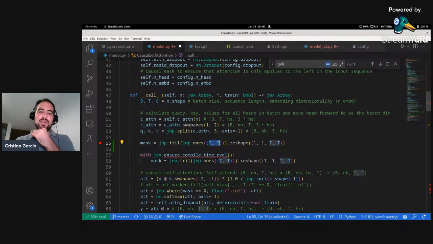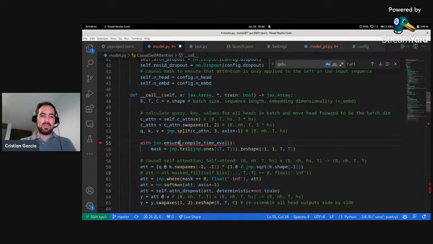For every size of t, it will just pre-calculate it or something like that. If it doesn't, and you want it truly to be a compile time constant, such that